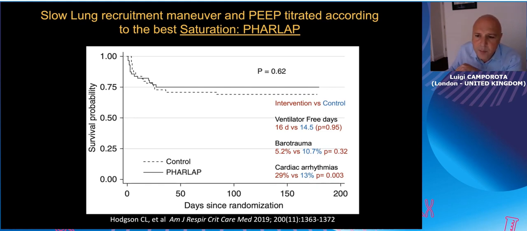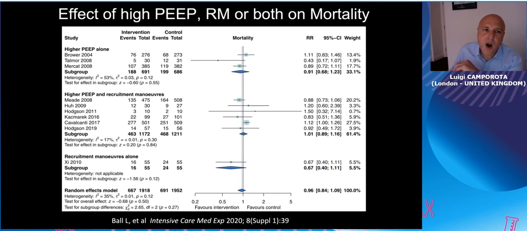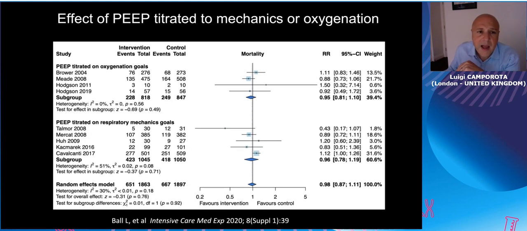So I think it's very important to say that when we use high PEEP and recruitment maneuver in all patients without any distinction about their recruitability, the overall message is probably deleterious. However, when we look at meta-analysis, you can see that there is not much difference between the higher PEEP alone, the higher PEEP and recruitment maneuvers, or recruitment maneuvers alone. So no difference there. And also there is no difference whether we titrate the PEEP based